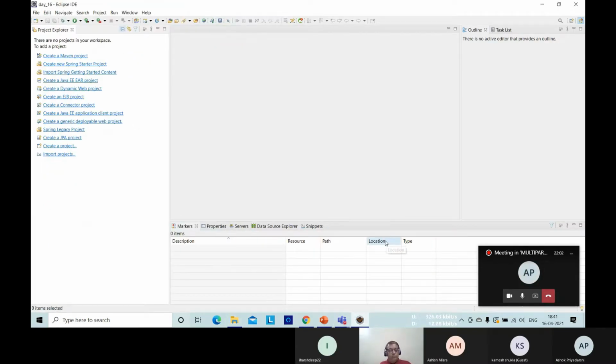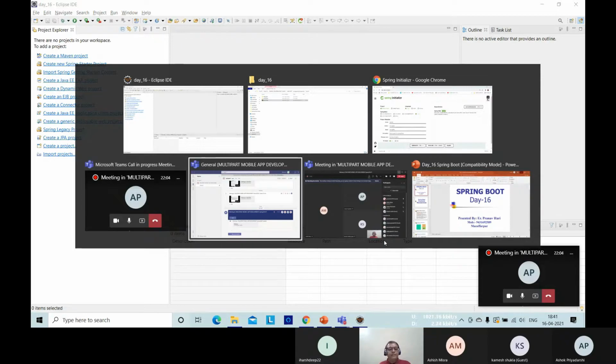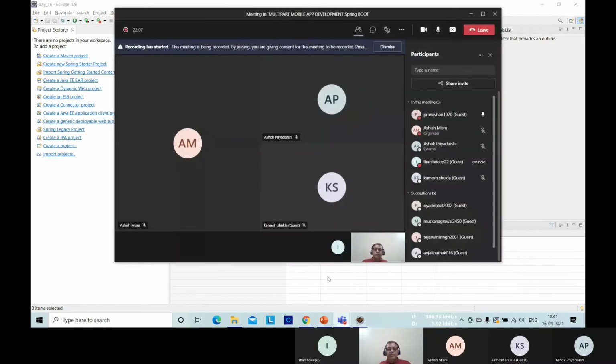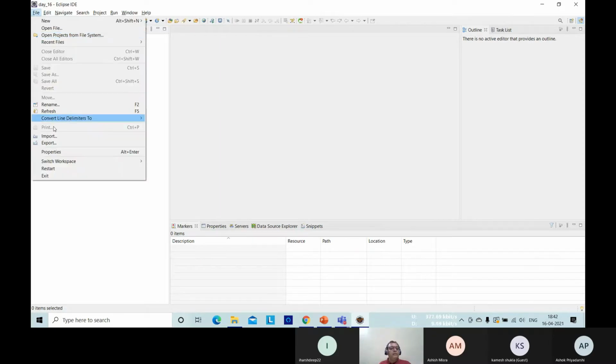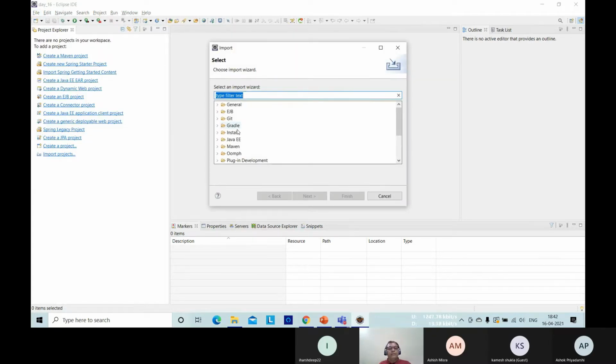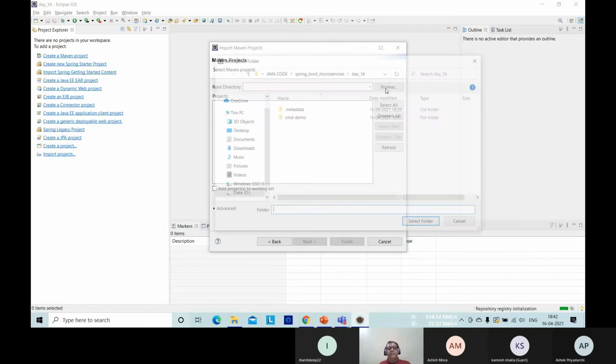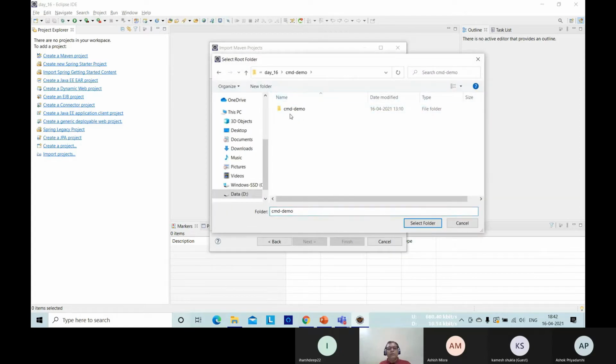And next, what we have to do is import it into our project. Import. Then we have Maven based project, existing.